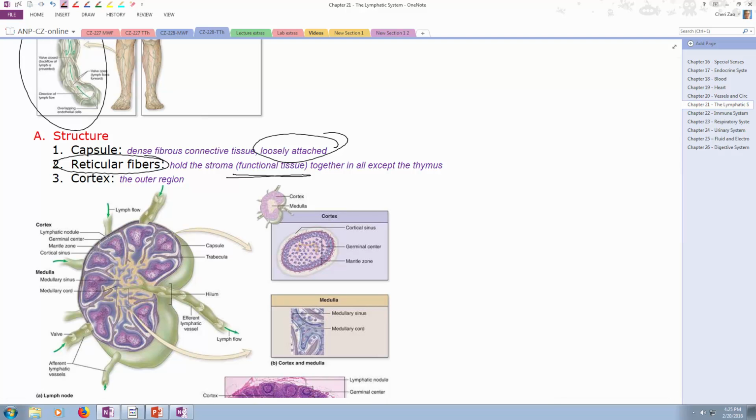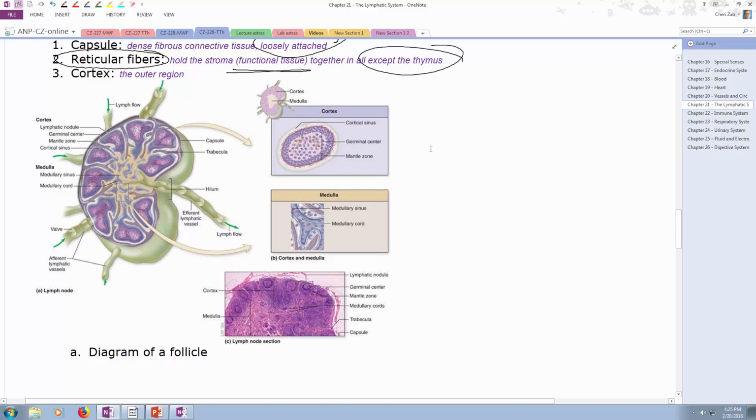And we're going to find reticular fibers in all of our lymphatic organs except the thymus. The thymus doesn't have reticular fibers in it. It's the exception to the rule. Cortex always means outer region, and so then the inner region is the medullary area. Let's go ahead and move on down here. And we can see, this would be the medullary area, and I've got a little bit of cortex in there, but for the most part, it's going to be kind of a little bit of an